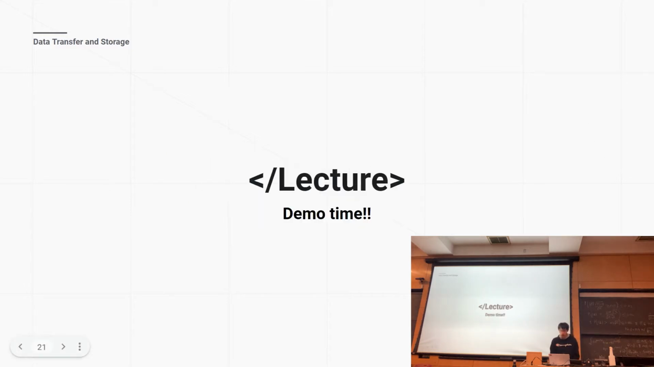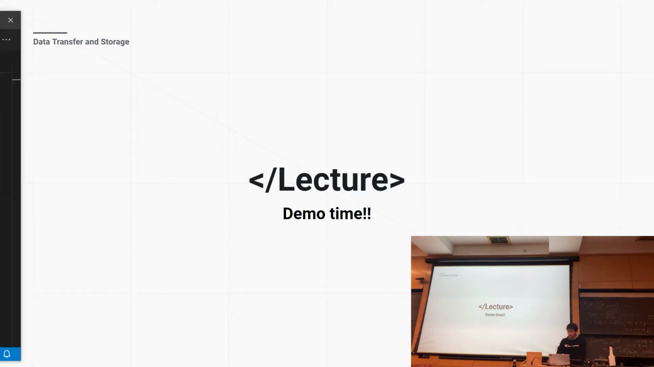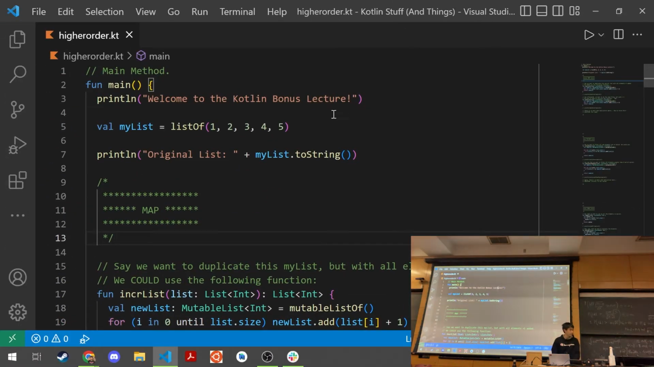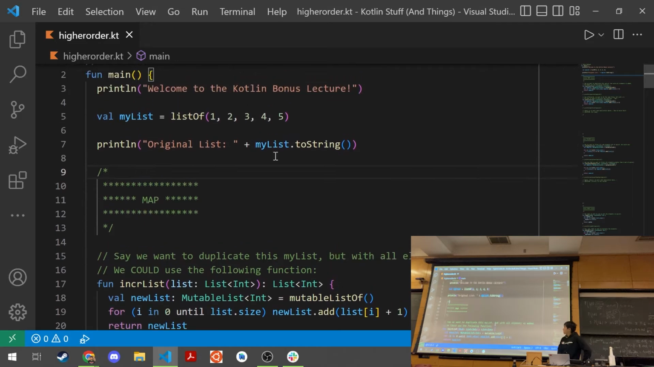So this demo is going to be a little bit different from what we usually do, since this is just purely Kotlin. I have a VS Code window open here instead of the usual Android Studio, and I made a little bit of a playground here to examine these higher order functions. So right now, I basically just have my list of 1, 2, 3, 4, 5, and let's go through some use cases of mappings. So say we want to make a sort of duplicate of my list